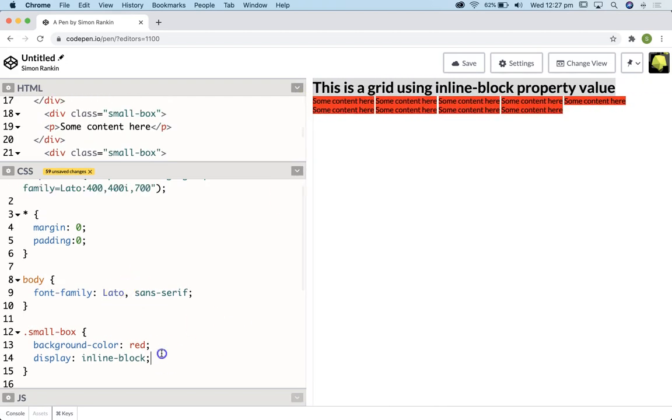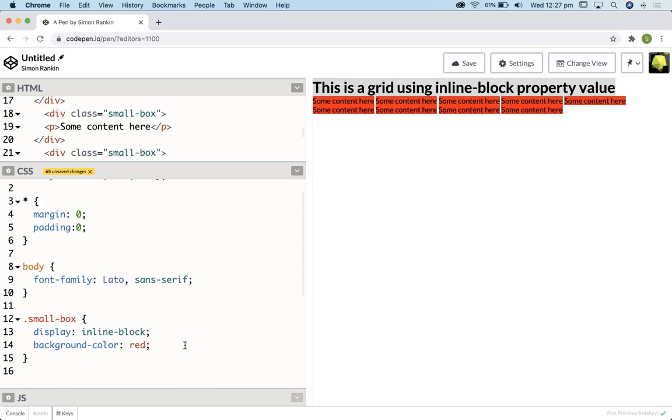Yeah, all right. So let's add to that display property. I might just rearrange these declarations. I like to have the display inline block at the top, although, as you know, it doesn't matter that much. Okay, so adding to the background color, I'm going to turn these into blocks. So I'm going to give them a width